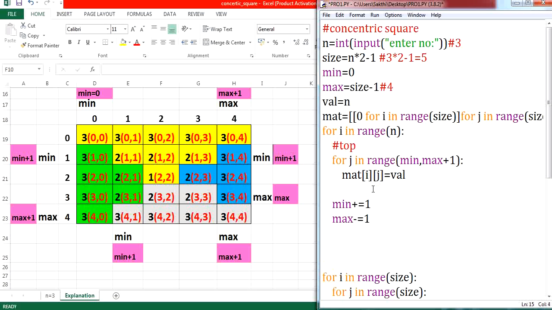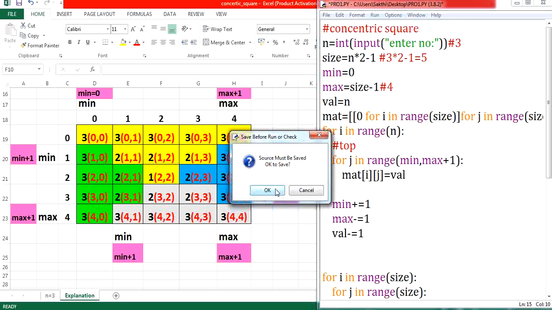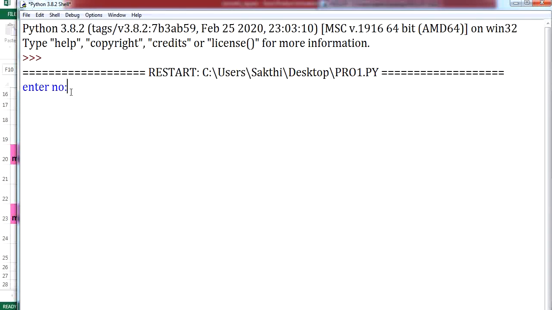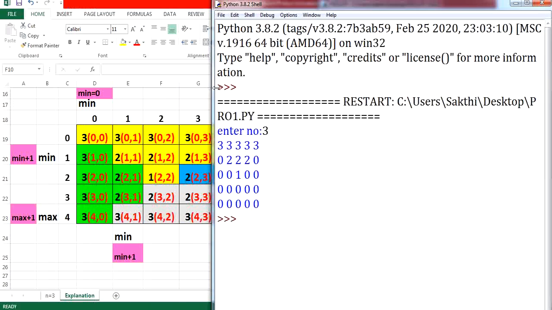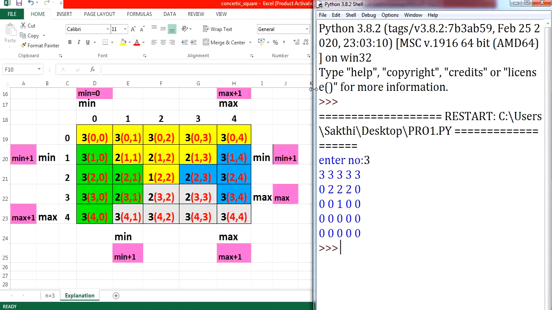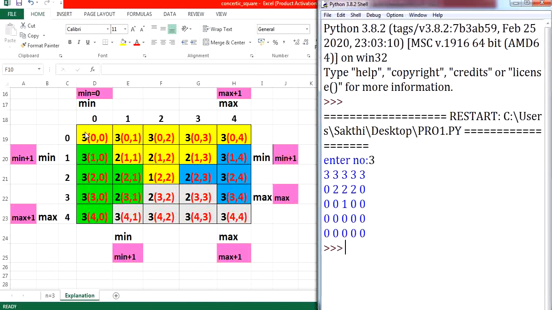And same way, the value what you are printing will be decreasing for each and every iteration. Initially it is 3, and for next iteration 2, and next iteration it will be printing as 1. Now let us execute this. We will be getting right answer. If I give value as 3, you can notice that the upper triangle has been printed. This particular part has been printed. This one. This part has been printed. Clear? Now let us go further and print leftmost triangle.